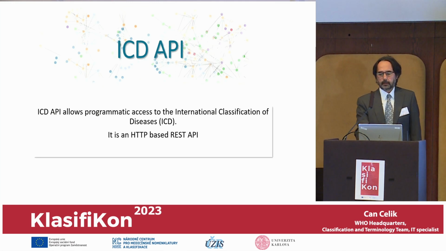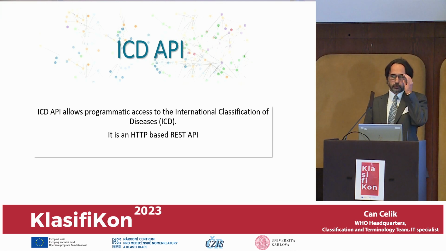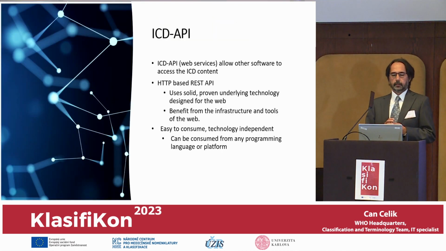It provides programmatic access to the classification, which means, of course, we as humans use the browser's coding tools, but other tools can also access the classification and do something with it. And that is done with the API. So API is kind of an opening to other software. They can come and use the classification, get information about the classification, as well as learning more about it or using the functionality within the API.